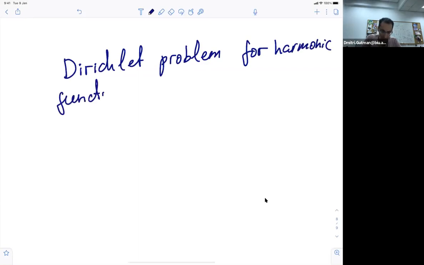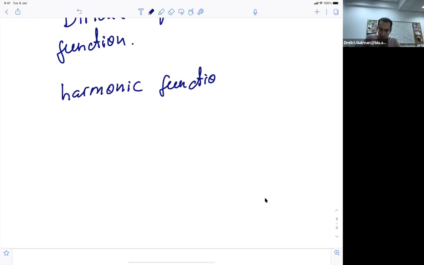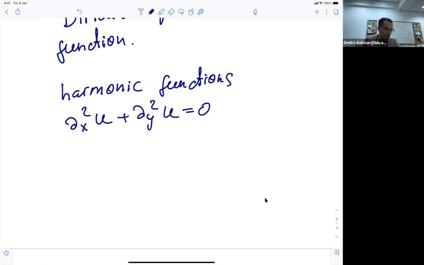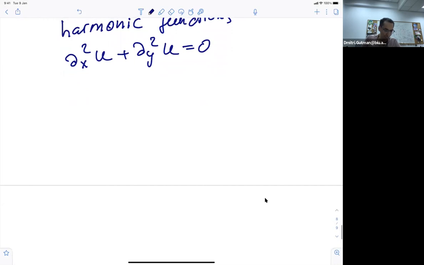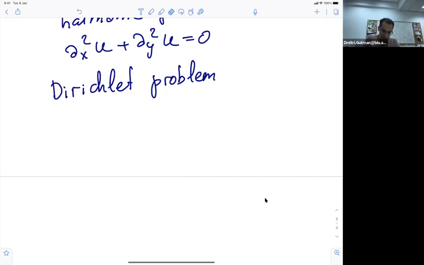I remind you that harmonic functions are functions that satisfy the Laplace equation. These are harmonic functions, and the Dirichlet problem is a problem of solving a differential equation